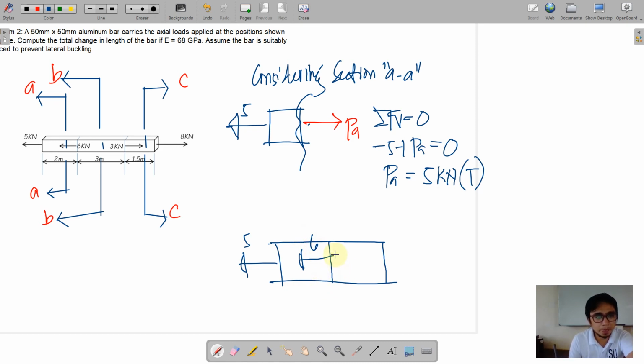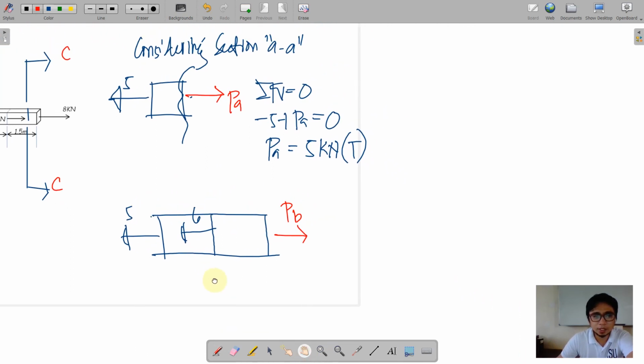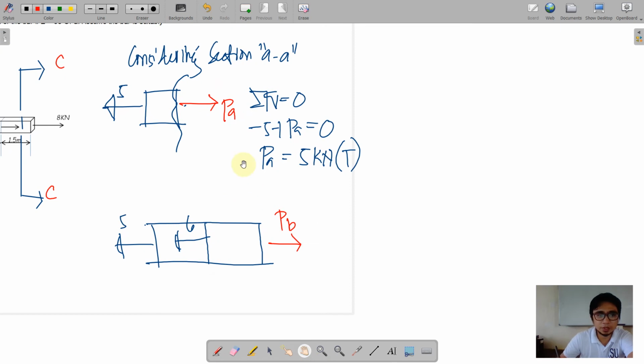Okay, so of course again it is obvious that this is going rightwards because it is just resisting a leftward direction. Okay, so applying now our equilibrium equation,